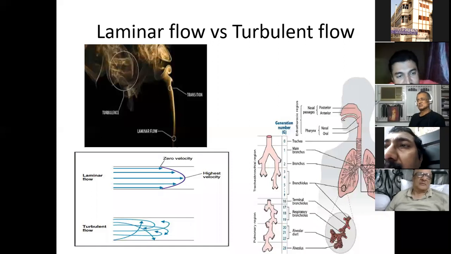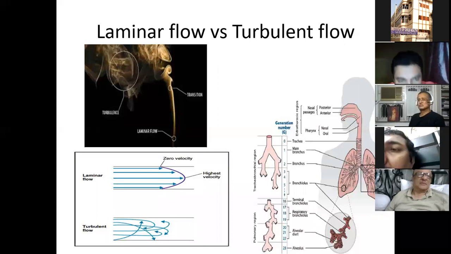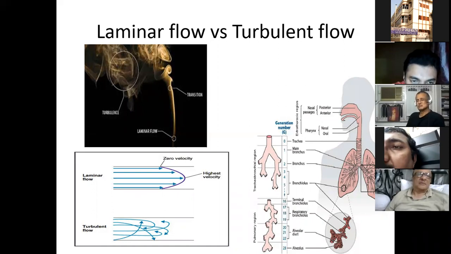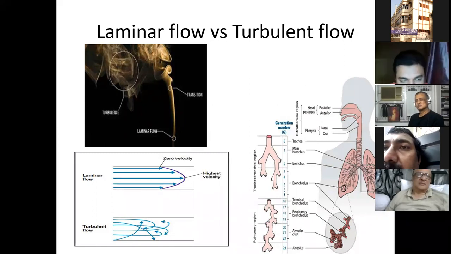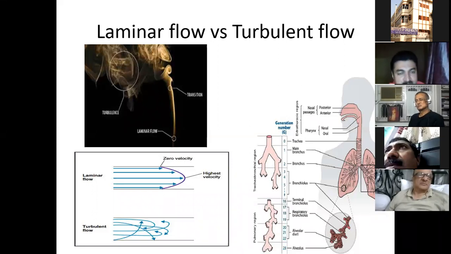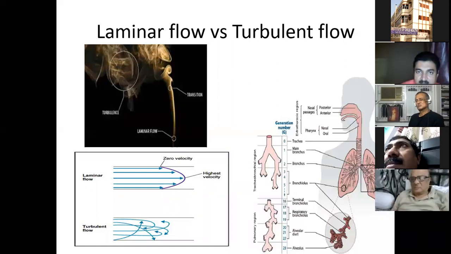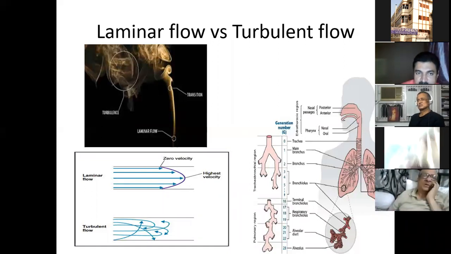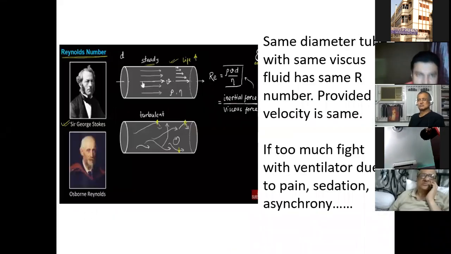When inspiratory time has reduced to 0.5 second only, just imagine, 0.5 second at respiratory rate 60. If the respiratory rate is 80, then it is 0.4 second or something less than 0.4 second. Then how does the oxygen reach the alveoli? Probably laminar flow is the answer, because I have seen many babies are all right within 4, 5, 6 days. So this is the snapshot of laminar flow. Now a little bit more elaborate explanation.